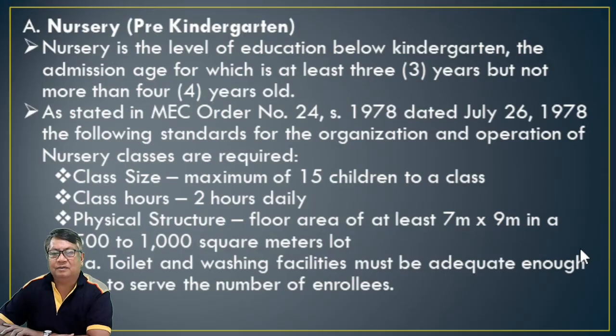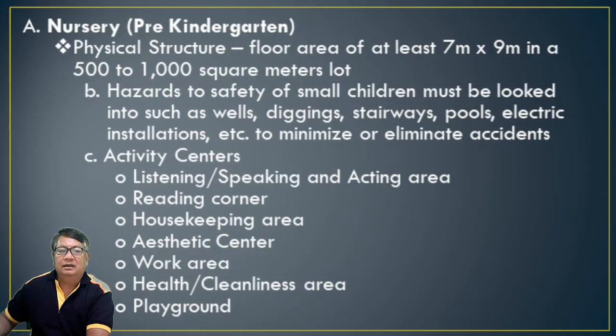Physical structure, floor area, at least 7 by 9 meters in a 500 to 1,000 square meters lot. Okay? So, provide letter A, toilet and washing facilities, adequate enough to serve the number of enrollees, which is less than 15 children only. Letter B, we have this: